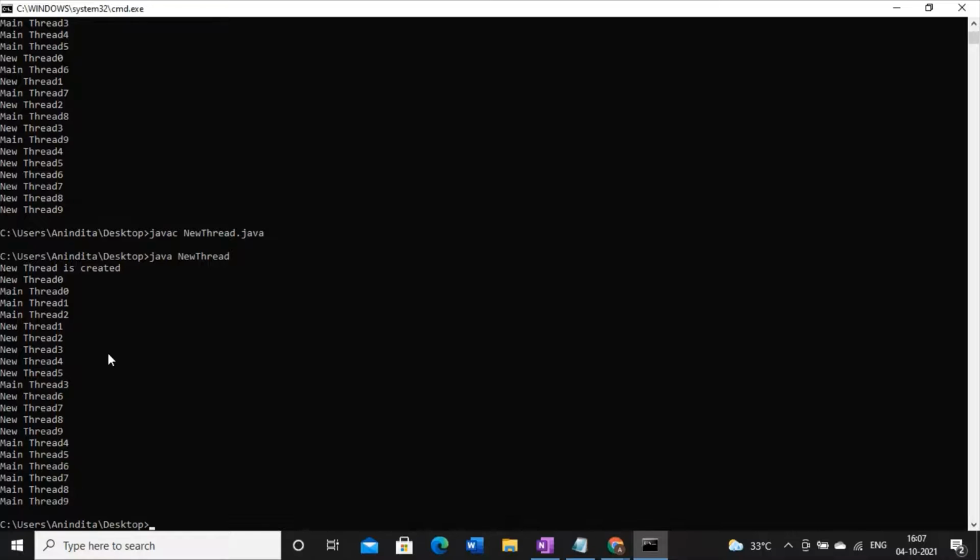This is the biggest thing that I'm going to explain. So in this output, I have explained three points. The reason for this jumbled up output is that our threads are executing concurrently or parallelly.